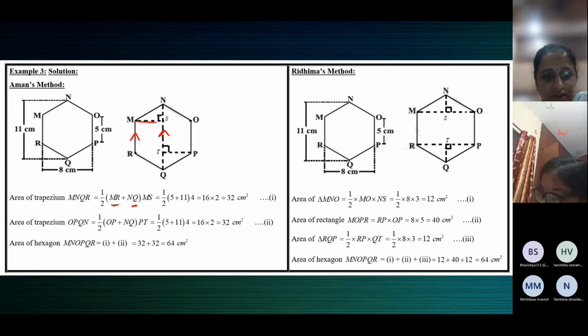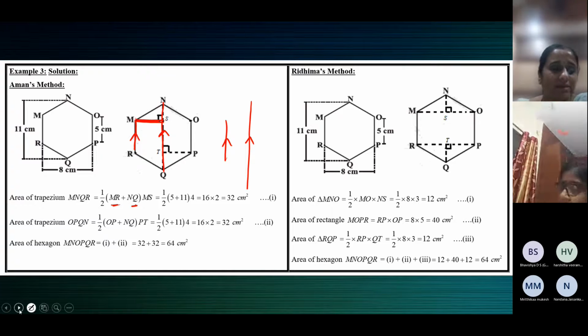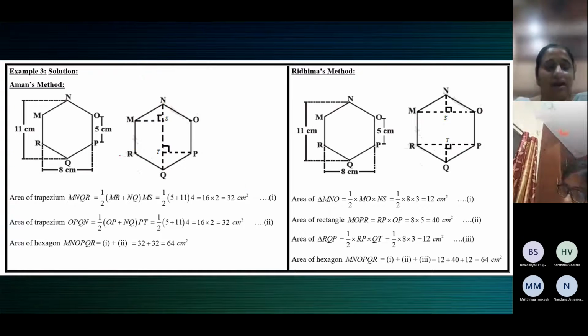See here, this is the distance between the parallel sides. These two are the parallel sides. You can see them. They are parallel, this line and this line. They are parallel to each other. So MR plus NQ into the distance between them, MS. Similarly, in the other trapezium,